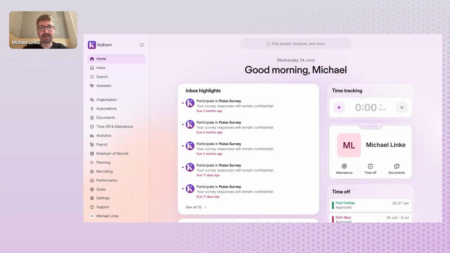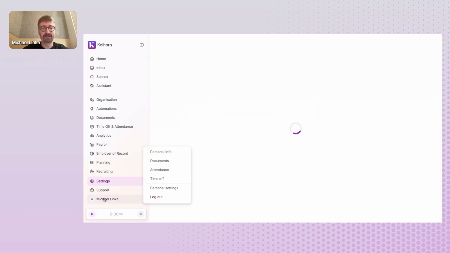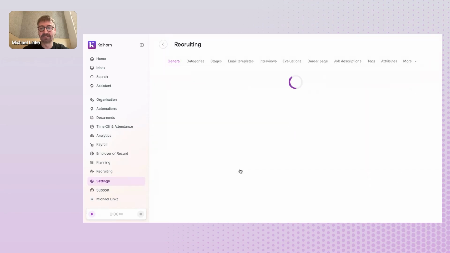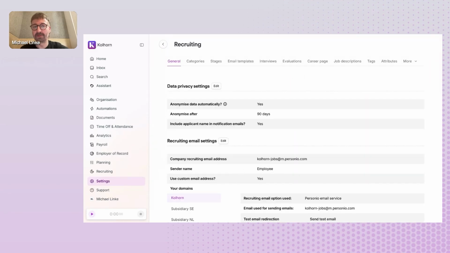I am in my demo account at the moment, and will be working from here. What I want to show you first of all is in the settings, in the recruiting settings, how to set up a few things before you're actually ready to post your first job. The first thing I want to show you here is how to anonymize the candidate data and set up the